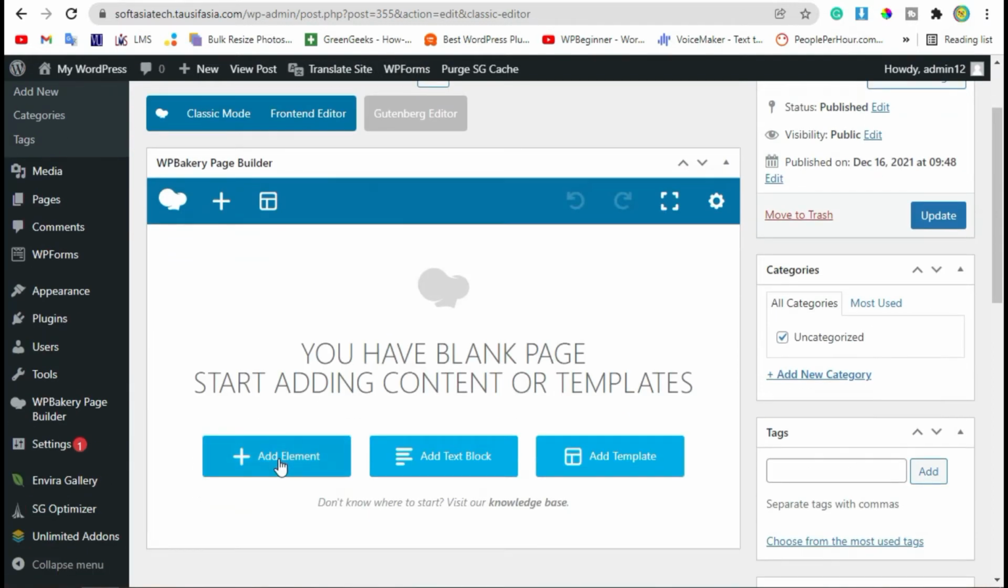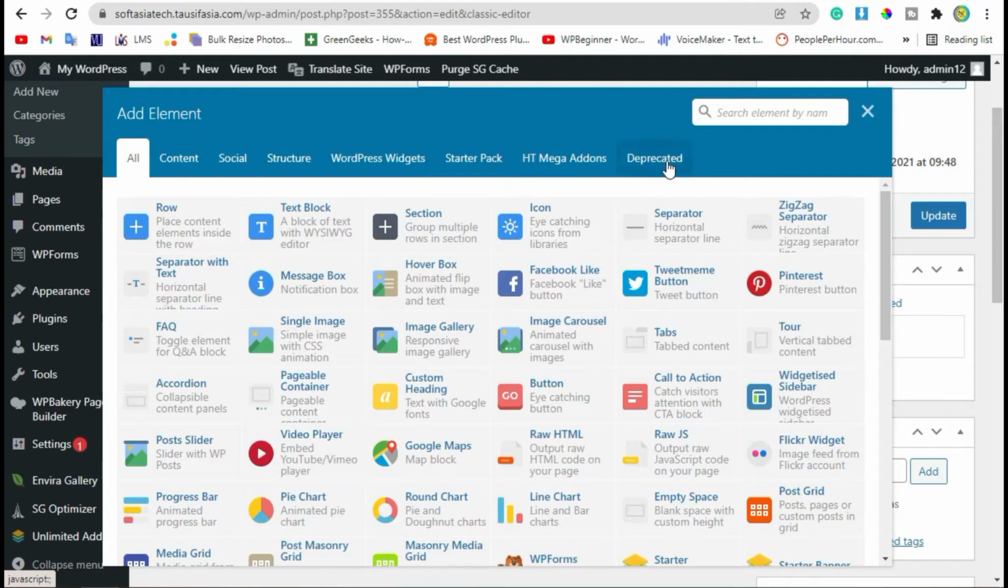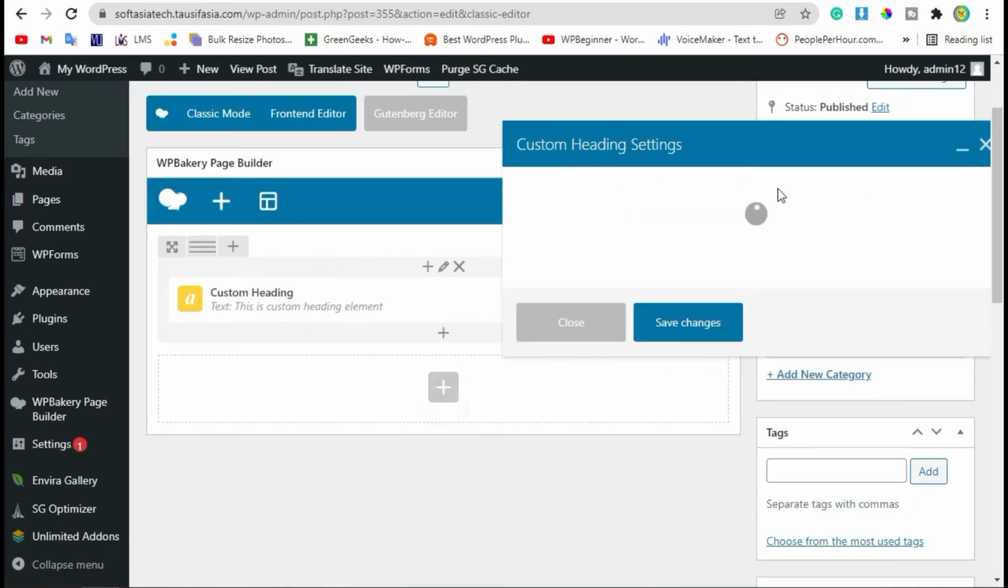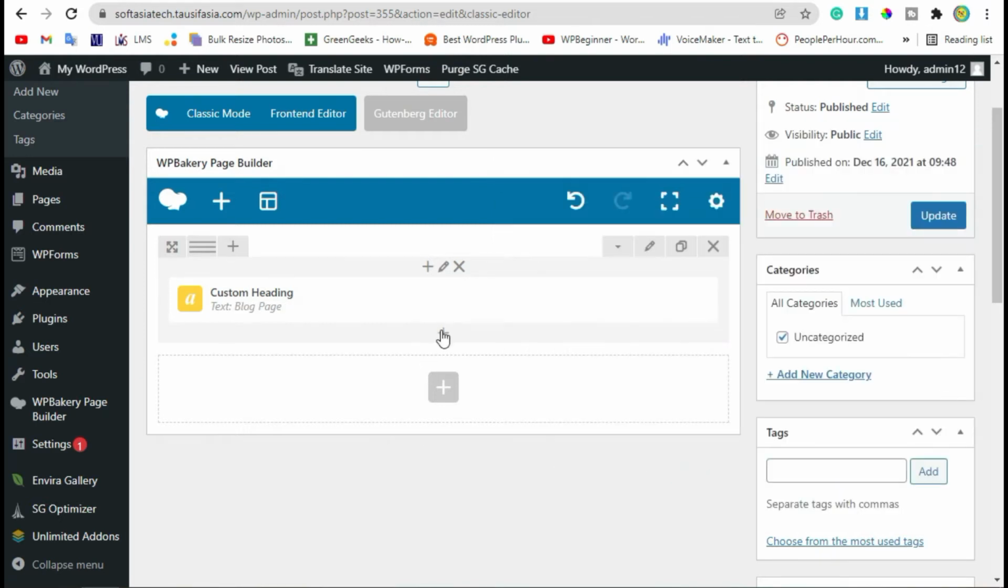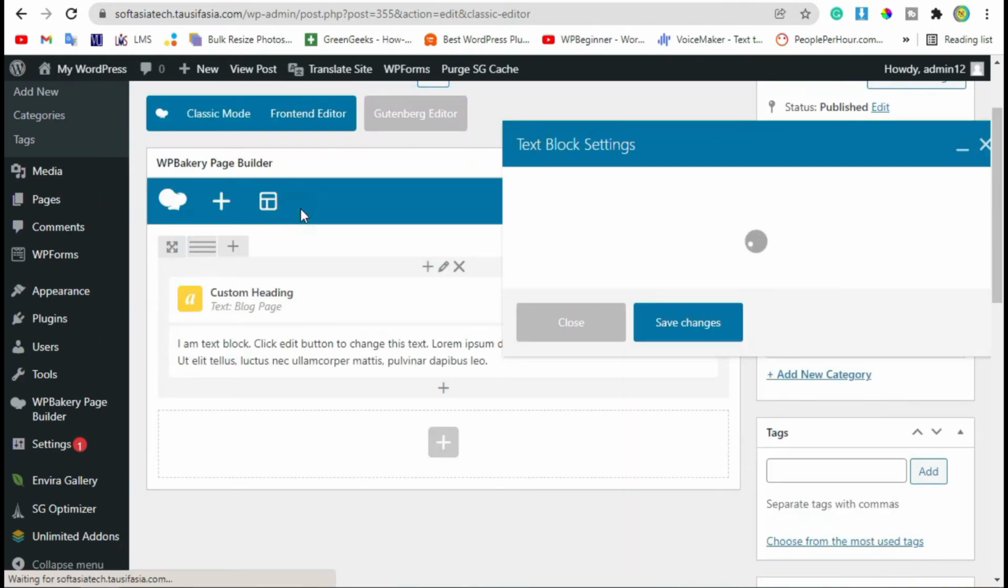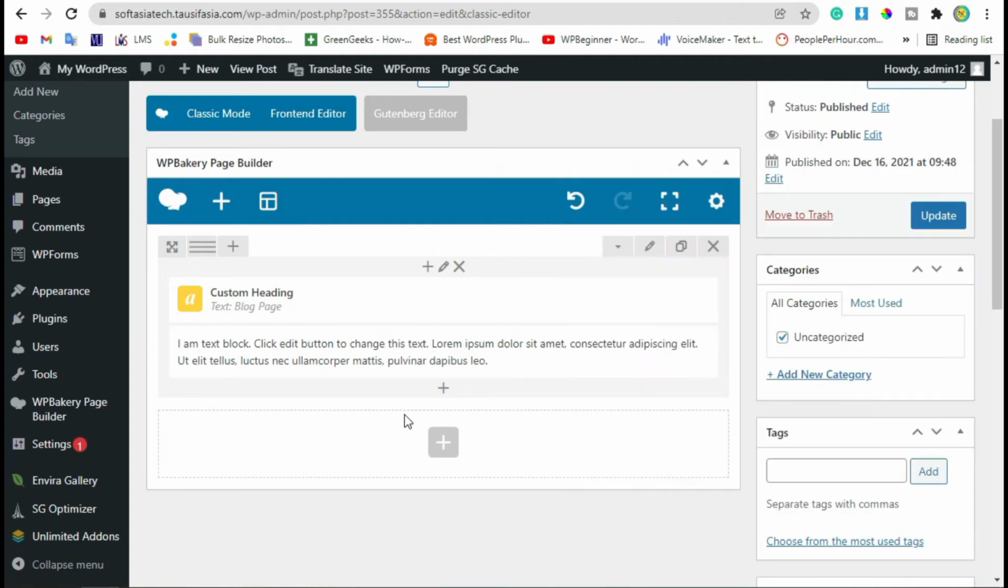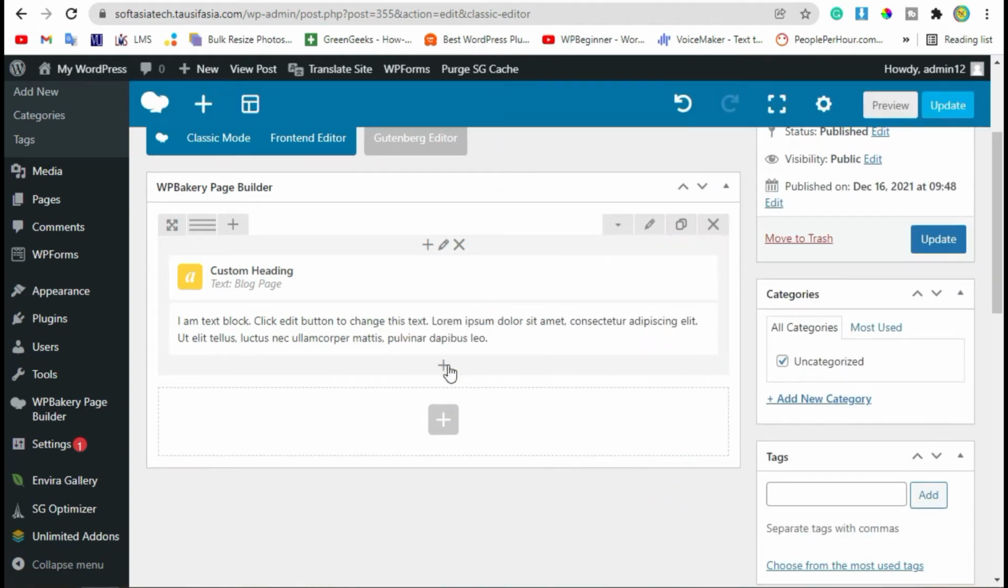Now click on Add Element button. Add custom heading and heading text. Now save changes. Click on plus button and add text block. Now just save changes. Now under this we will add a button